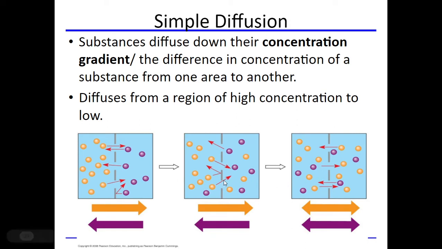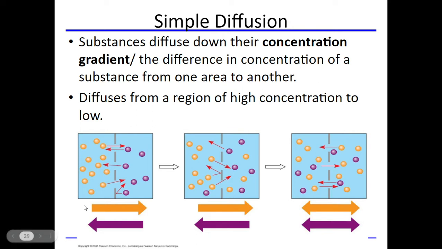Here's a better look at that as well. And what we'll look at here is this idea of substances diffusing down what we call a concentration gradient. A concentration gradient is this difference in concentration of a substance from one area to another. So if we were to look at this first image here, I would say that the yellow particles here, and